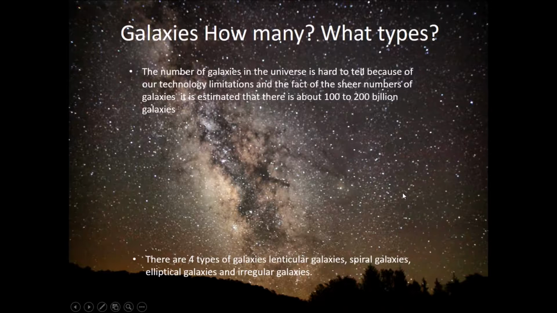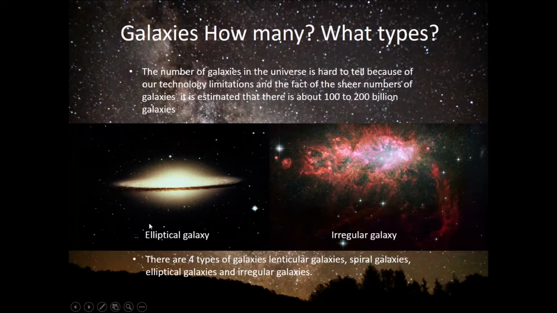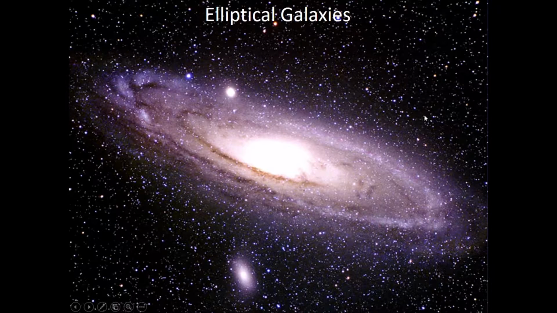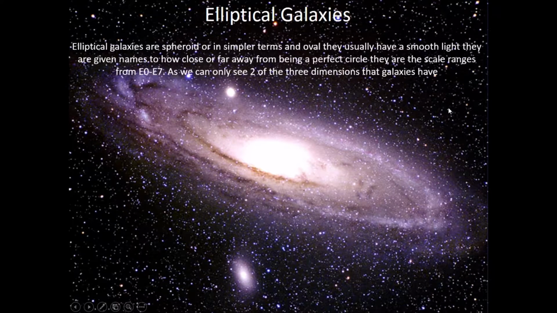There are four types of galaxies: lenticular galaxies, spiral galaxies, elliptical galaxies, and irregular galaxies. These are both examples of them. First of all, elliptical galaxies. Elliptical galaxies are spheroid, or in simpler terms, they are oval